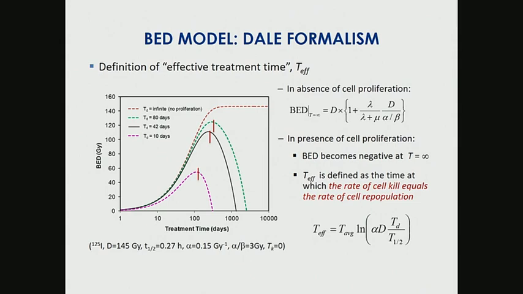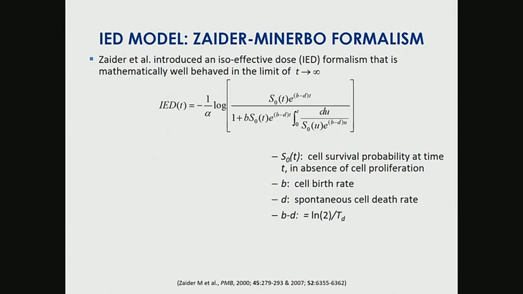So the definition of effective treatment time is physically intuitive, and the conclusions drawn from these model studies generally conform to the clinical observations. However, conceptually, it has remained a point of concern. So Professor Michael Zaider and his colleagues have proposed an iso-effective dose model based on the theory of stochastic cell